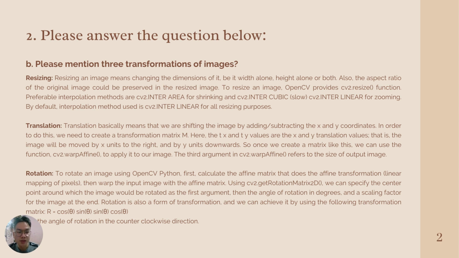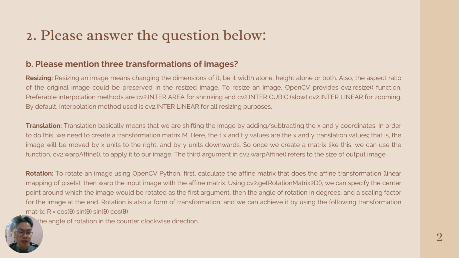B. Please mention three transformations of images. First is resizing. Resizing an image means changing the dimension of it, be it width alone, height alone, or both. Also, the aspect ratio of the original image could be preserved in the resized image. To resize an image, OpenCV provides the cv2.resize function. The preferable interpolation methods are